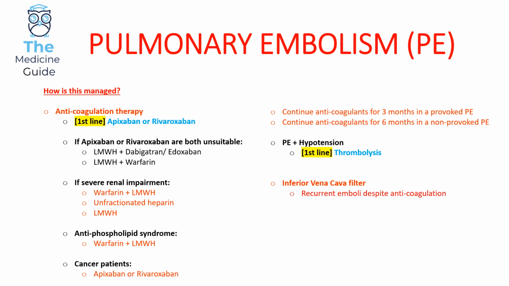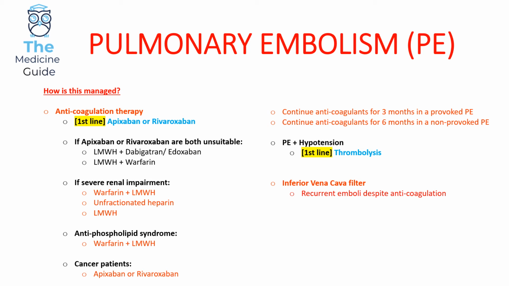Now, anticoagulation therapy, as you can see, is quite key for PE. So patients who have a provoked PE, so this is when the PE is due to surgery, trauma or immobility, need to continue anticoagulation therapy for 3 months. Patients who are suffering from a non-provoked PE, so the PE is not due to surgery, trauma or immobility, it's not due to any attributable cause, these patients need to continue anticoagulation